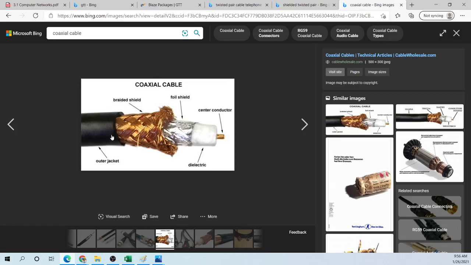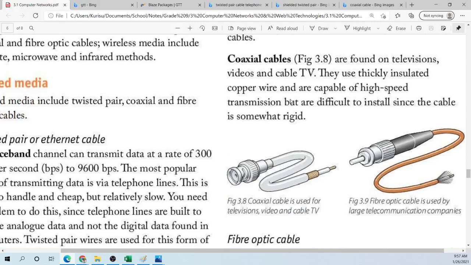It has that black cover, then it has this shield and more shield, and then another insulator, and then you have the actual cable inside of it. So if you were to just use this copper cable, you can get the connection. But because of preventing interference with the signal and so on, you have all of this shielding with the cable. So that's how a copper cable looks like.